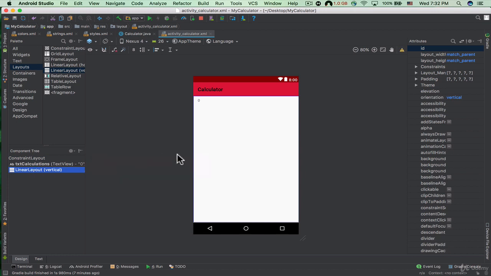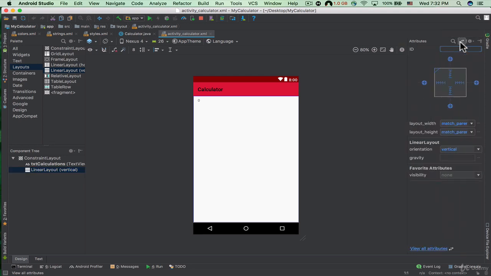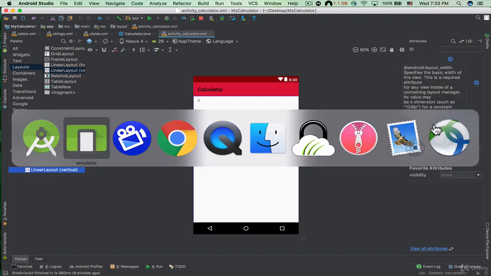So now because it is just a constraint layout, it is taking the entire width and height of our constraint layout. So we don't want that to happen. Now inside this attribute section, let's click on this icon that says view all attributes, so that we have fewer attributes here and can see these constraints and, for example, the layout width and the layout height. As you can see, the layout width is match parent. That's good because we want this view